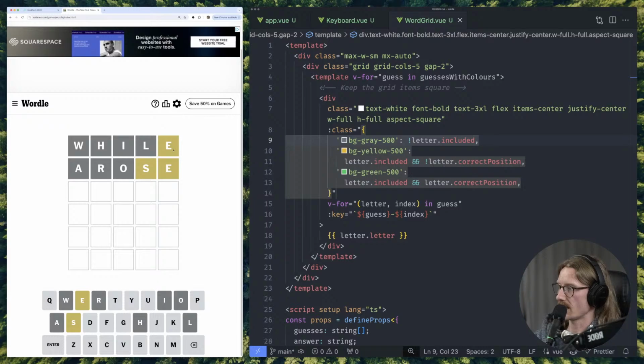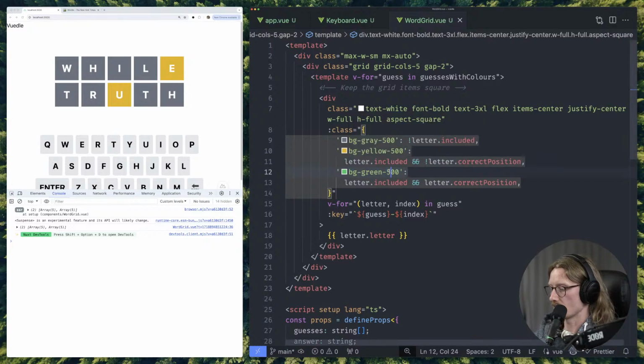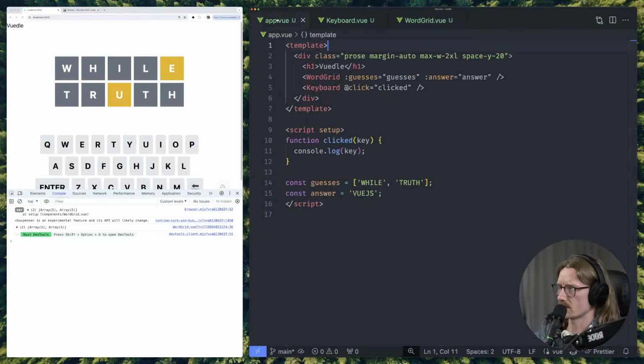This is like a sad beigey yellow, and this is a more fun yellow. I'm just going to say that. I don't know who decides on what the colors should be for the Wordle game, but okay. So if we change our guesses,